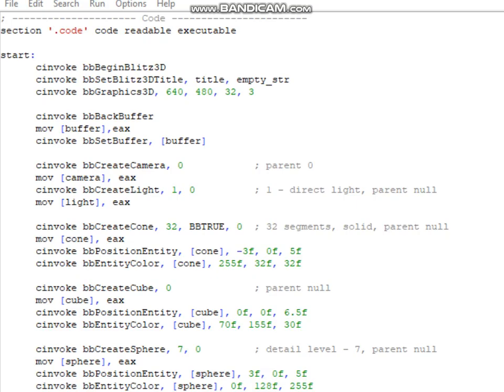So readable, executable, begin Blitz3D, set Blitz3D title, set the grid screen, the back buffer, create a back buffer, store its file handle, then set the back buffer using that file handle, create a camera 0, store the camera file handle in its place, create a light, store its file handle, then we create a cone with 32-bit segments, solid and no parent, save its file handle in